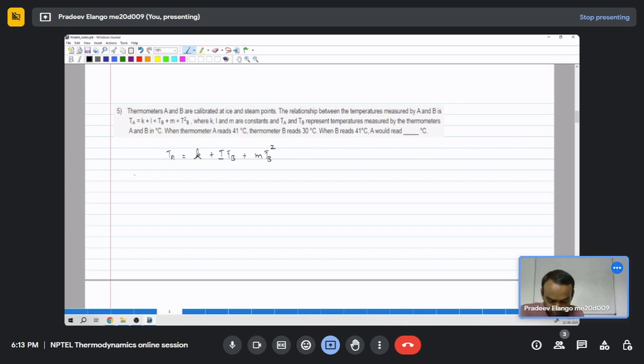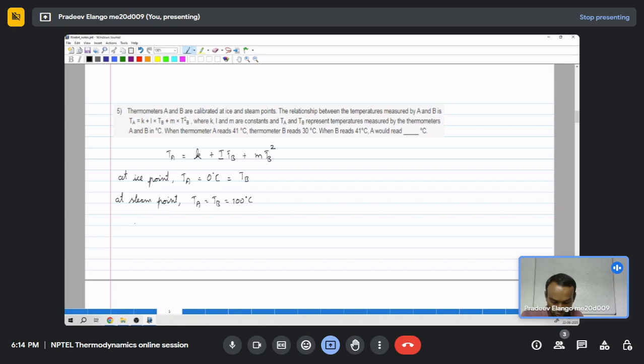So that means at ice point, TA is equal to 0 degrees Celsius, and since it is calibrated, both thermometers are showing the same value. So TA and TB are showing 0 degrees Celsius, and at steam point, TA and TB will show 100 degrees Celsius,